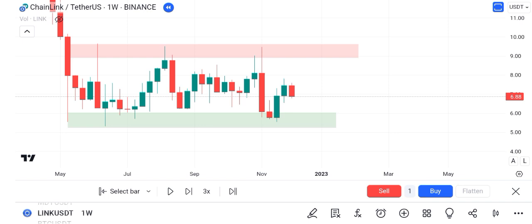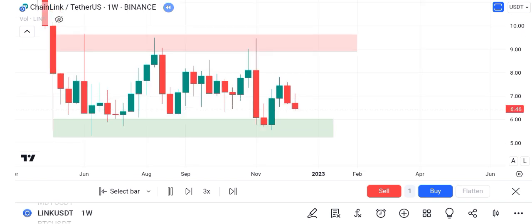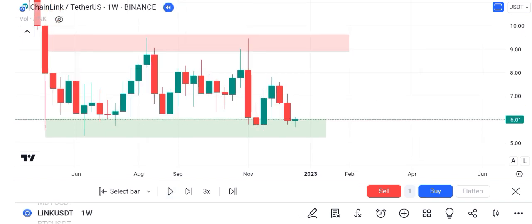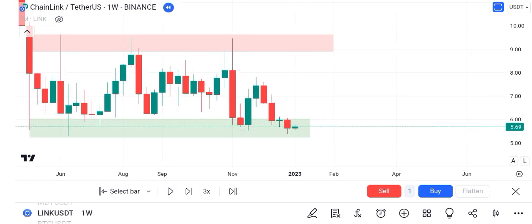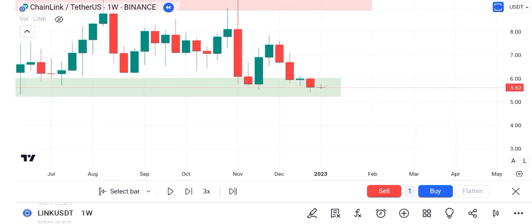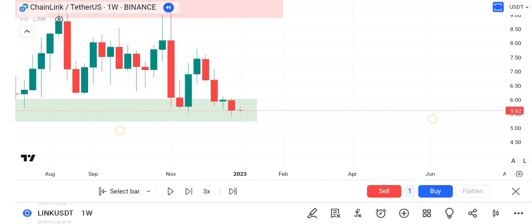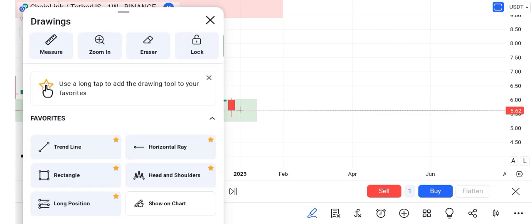Now, notice one thing, that it is not 100% confirmed that the price will take a rejection from its resistance level or a bounce from the support level. So always use a stop loss before placing your trades. Right now, it is again taking a rejection and has again come to our support zone. Now, let's suppose I want to buy this asset at this point. Now, what will I do? I will buy it from here and will place a stop loss below this demand zone.